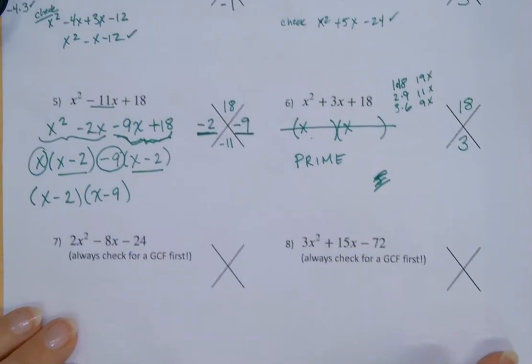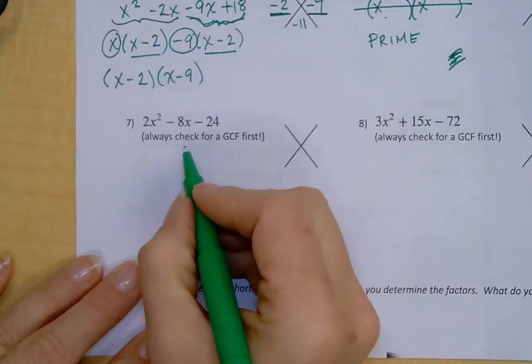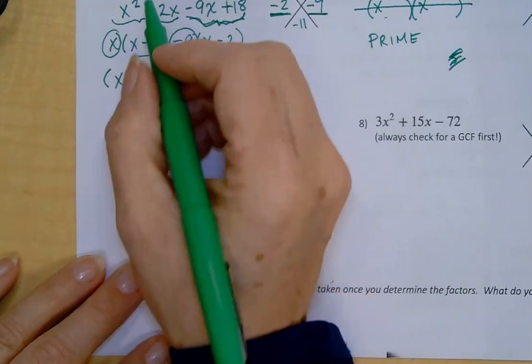So that one was prime. That one had no solution. All right. Number 7. Remember, and I haven't been saying this every single time because I knew that my x